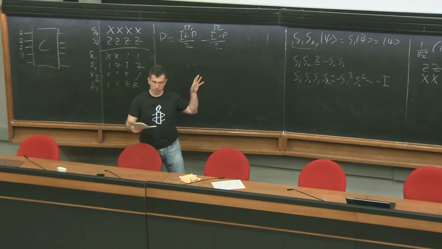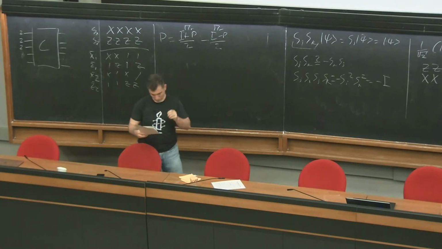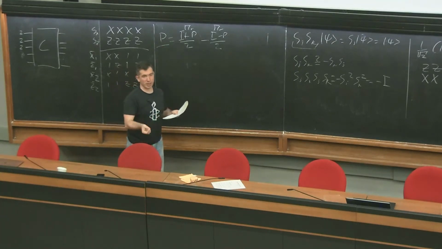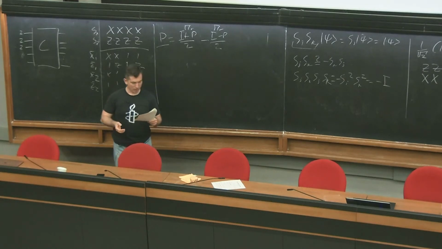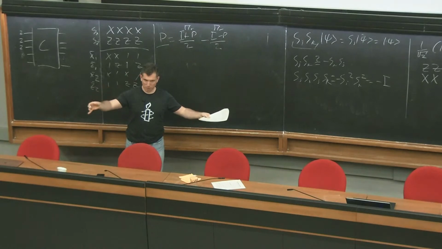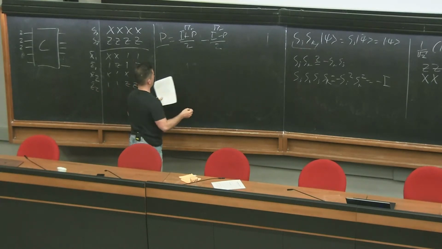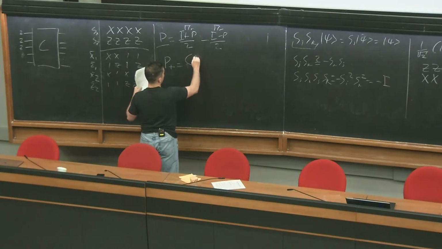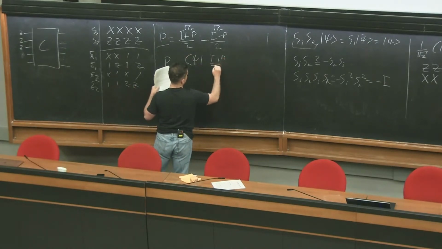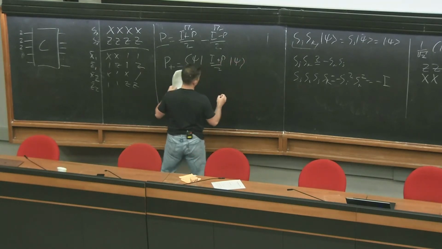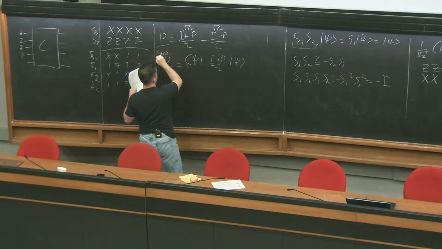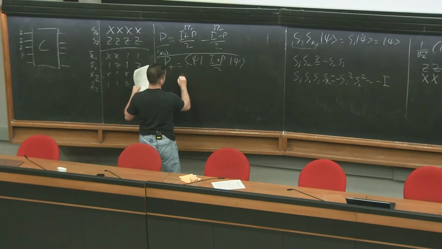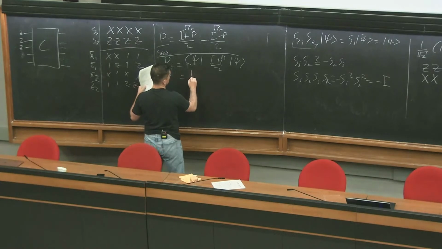And when you do a measurement on a stabilizer space, what happens depends on the commutation relations between the new Pauli that you're measuring and the existing stabilizers. Let's do the easiest case first. If the Pauli is in the stabilizer group, then the probability of getting plus is just psi, (I plus P)/2, psi. But P is a stabilizer, right? So P psi equals psi. Identity of psi equals psi. So this is just equal to 1/2,